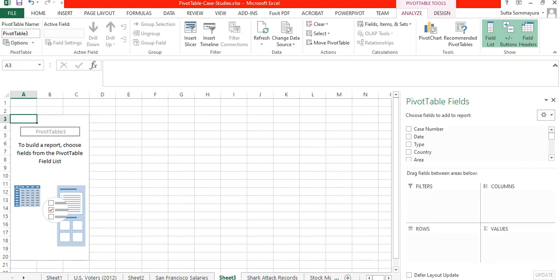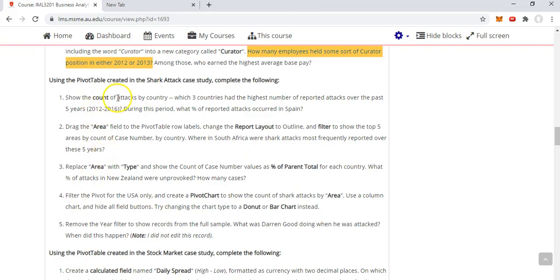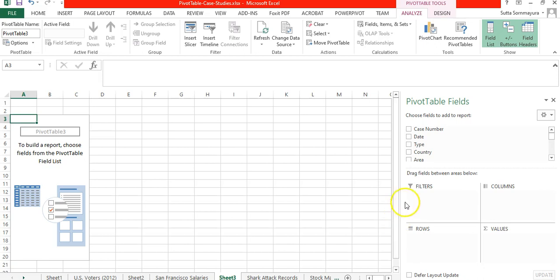Okay, now is case number 3. Show the count of attack by country. Which 3 countries have the highest number of reported attacks over the past 5 years? So over the past 5 years, like to